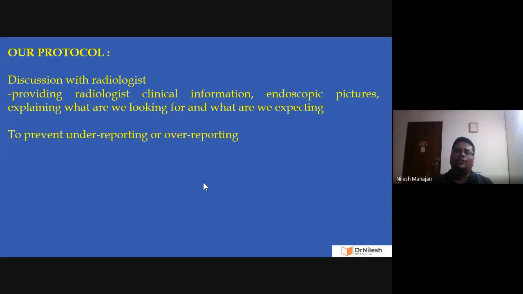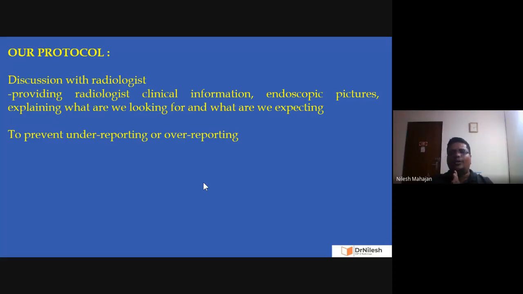So like this, you have to give feedback to the radiologist colleague. You have to give the information as well as feedback. Feedback means what? Suppose your radiologist colleague has told that tegmen plate is thinned out, but I don't see any dehiscences in the tegmen plate. But during surgery, you found out the tegmen plate is dehiscent. Then you should give feedback: no, I saw in the surgery that the tegmen plate has dehiscence. Then he can again correlate whether there were any areas of focal dehiscences. That can prevent your under-reporting or over-reporting.